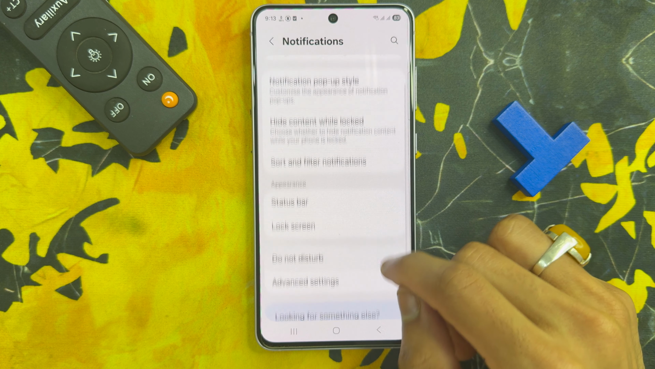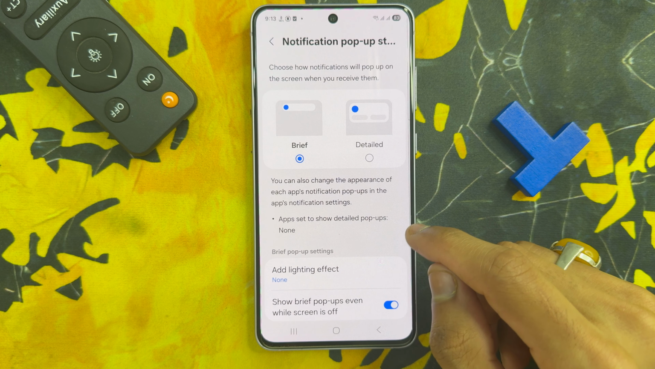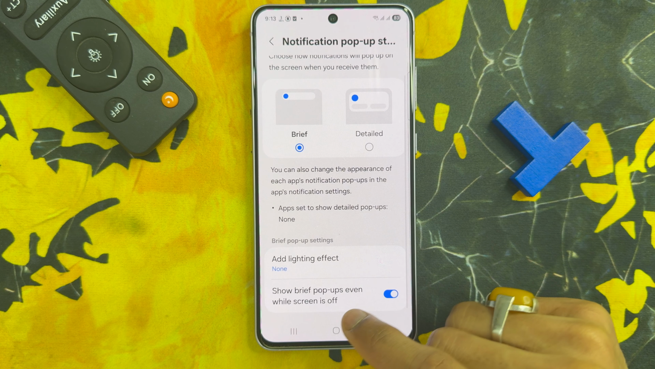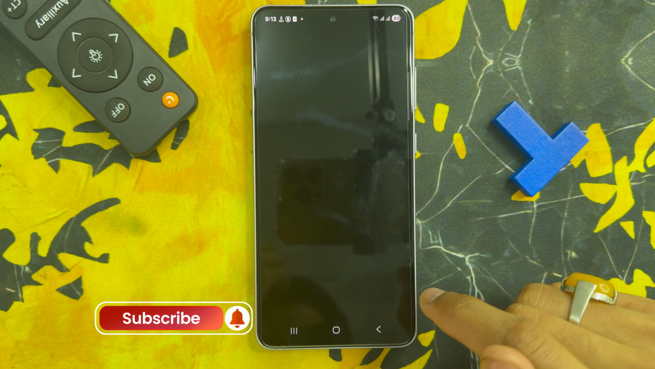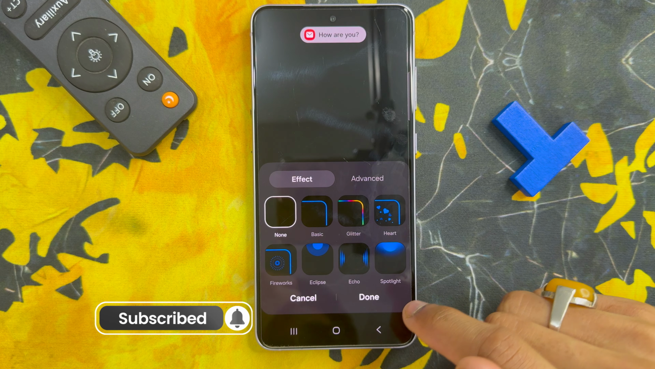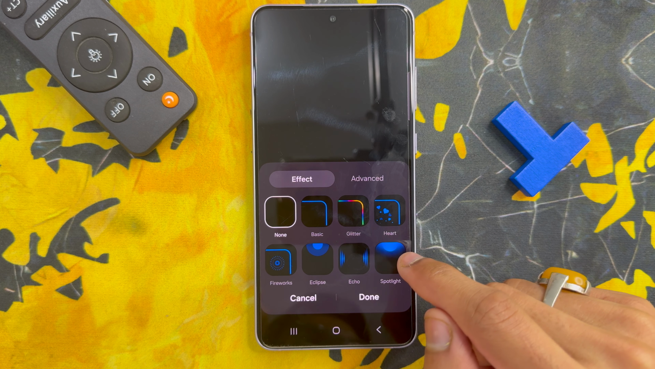After clicking on notification, click on notification pop-up style. After clicking on notification pop-up style, add lighting effect is here. Click on add lighting effect. After clicking on add lighting effect, you will see if you want to enable edge lighting, so you will see